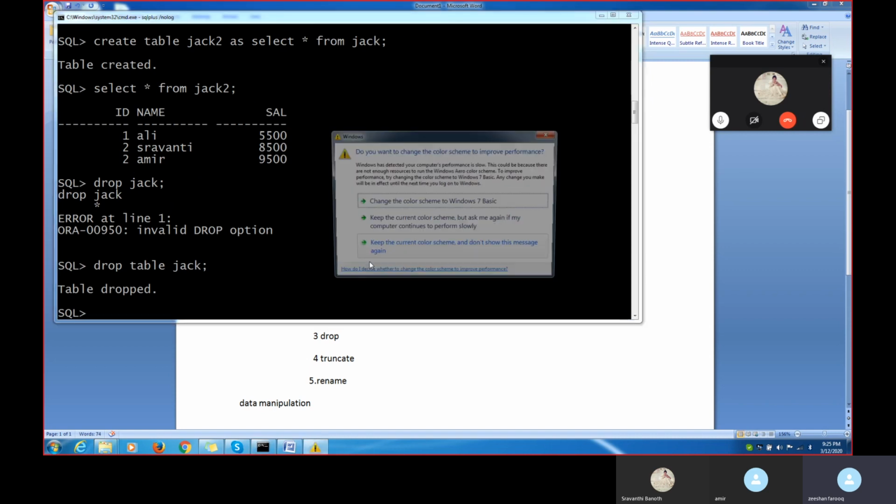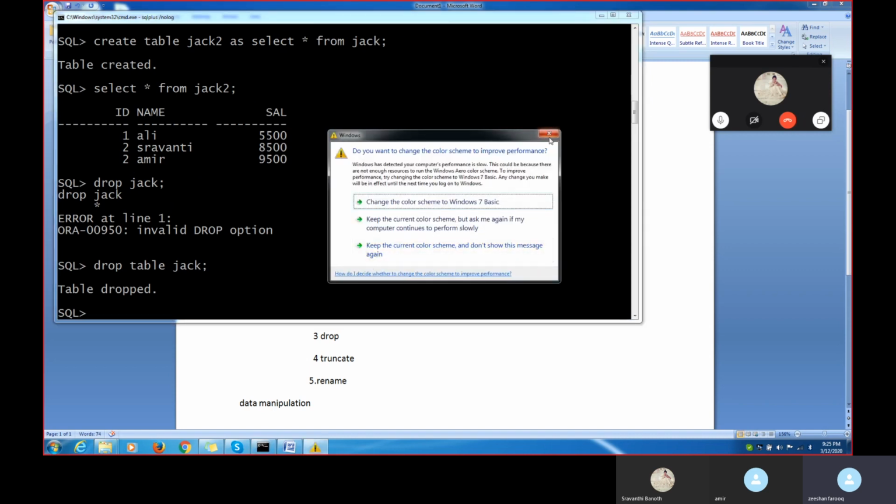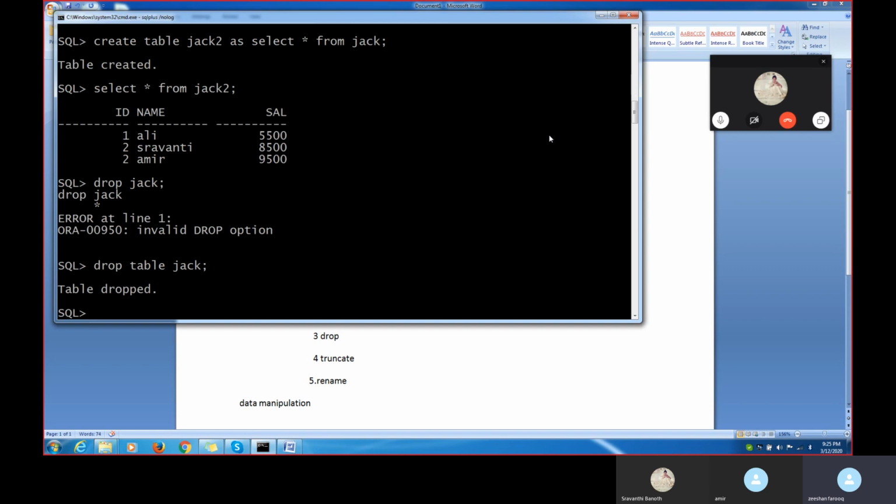Now I want to bring back my things. My table is dropped now, right? How will I bring it back? The same way. Create table Jack as select star from Jack2, where I have already taken the backup.